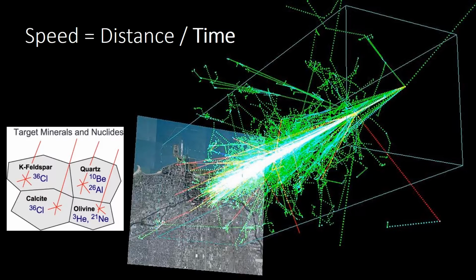Okay? Things like beryllium-10, which doesn't exist naturally, although this is a natural process. So the longer a mineral has been exposed at the surface, the more of these kind of crazy isotopes that it accumulates. So if we measure the concentration of those, and we're typically measuring almost individual atoms per gram of material,